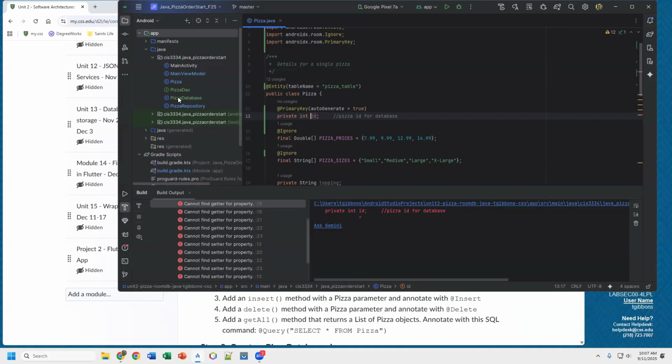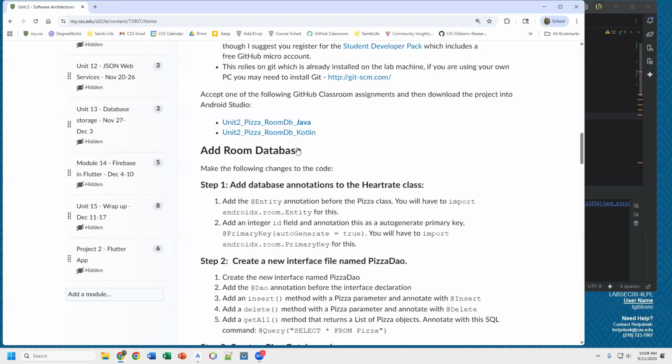So it's not stored on the cloud or anything like that here. We will look at cloud solutions, I think next week, when we start getting into Firebase. And we'll also switch to non-SQL things as another thing to look at. But we want to store this in a database. So if you remember, I